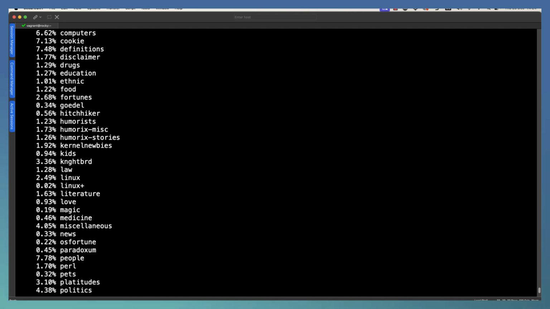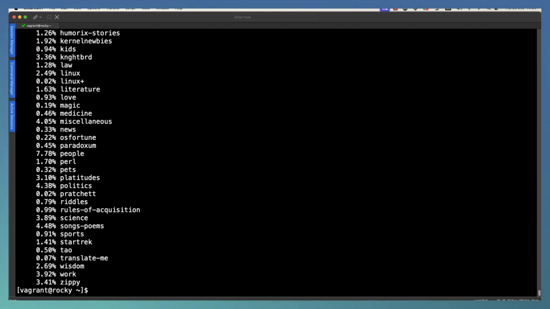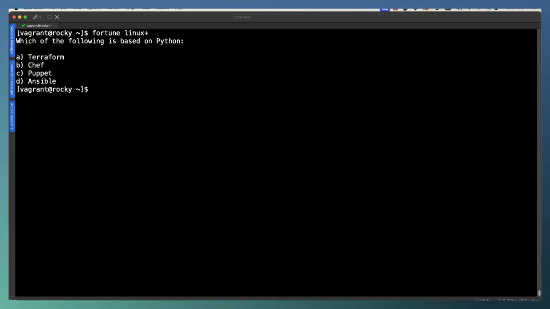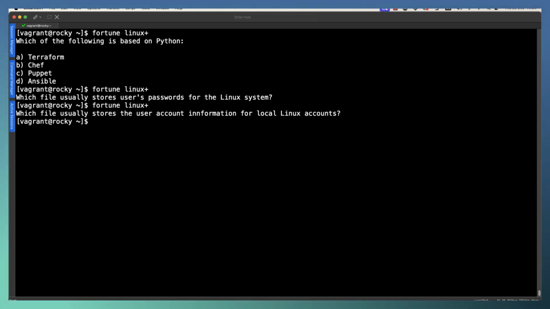We can then start looking at our questions and see how well we've done. So if I clear my screen, Control and L clears your screen, I can run fortune and then linuxplus. And we can see that we can start pulling questions from Linux Plus.